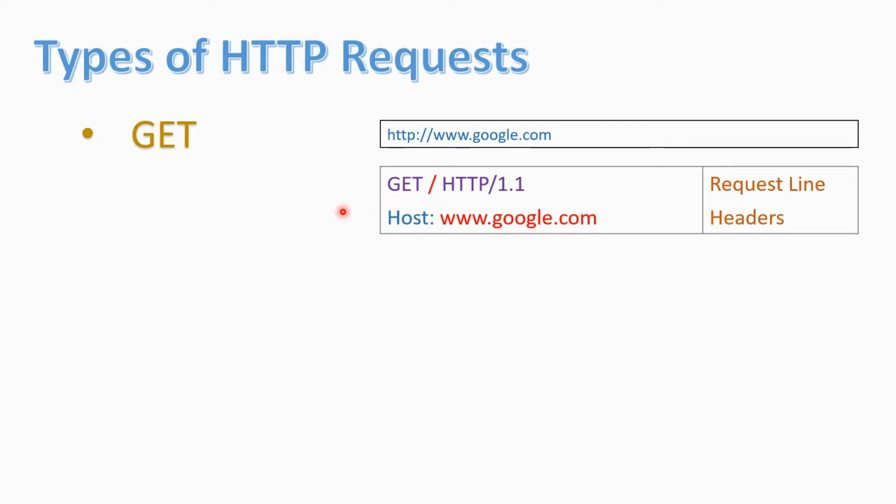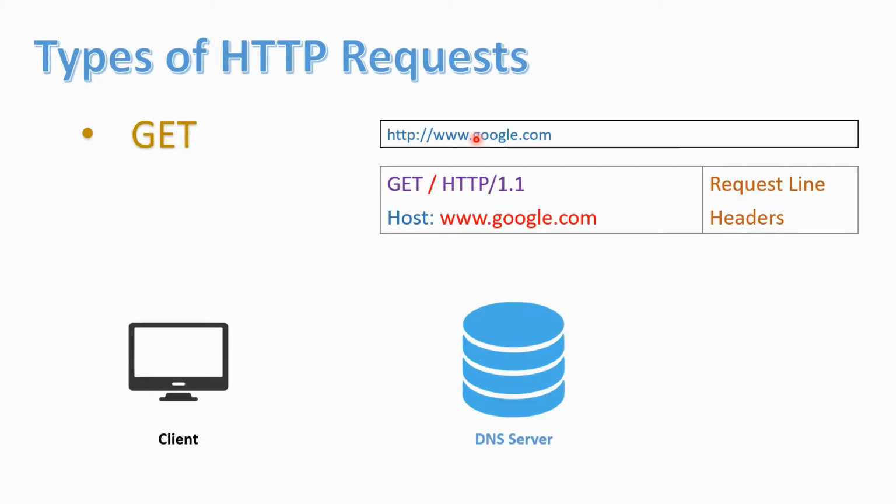Like I said, a TCP connection requires an IP and a port, but here there is no IP nor a port. So how does the browser still access the website? What happens is that the client first connects to a DNS server. A DNS server is nothing but a Domain Name System server. We won't look too much into the details of the DNS server, but in simple words, the client asks the DNS server for the IP of google.com, and the DNS server does a forward lookup and sends back the IP of Google.